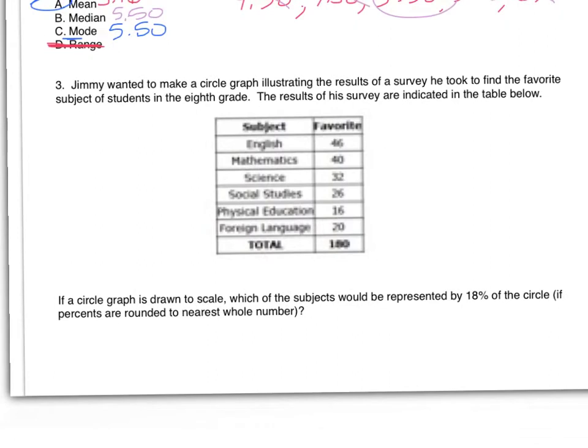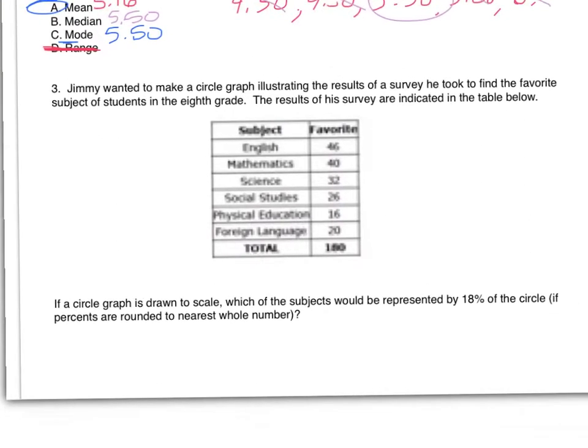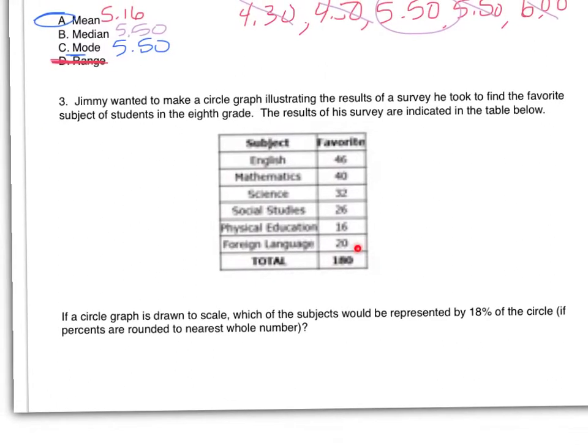Jimmy wants to make a circle graph. This chart is really fuzzy on mine, but the results are shown below, and it even gives you the total, which is nice. Right here's the total. So it tells you how many liked English, math, science, all the way down, and then it gives you the total. If a circle graph is drawn to scale, which of the subjects would be represented by 18% of the